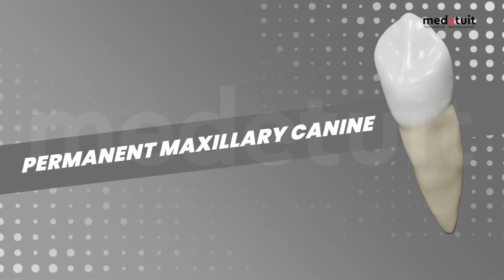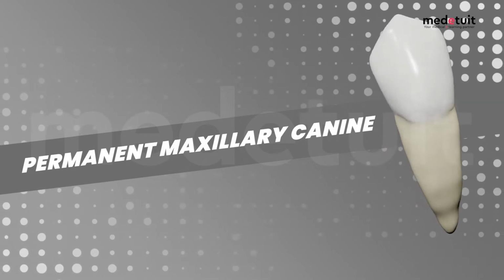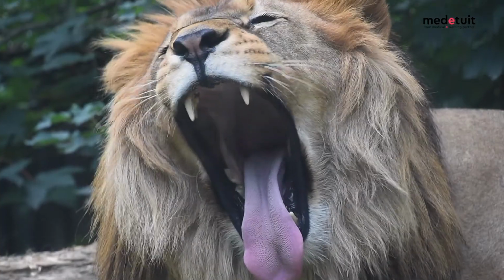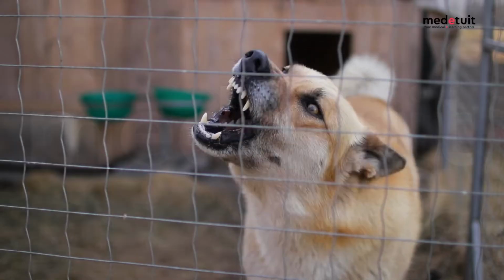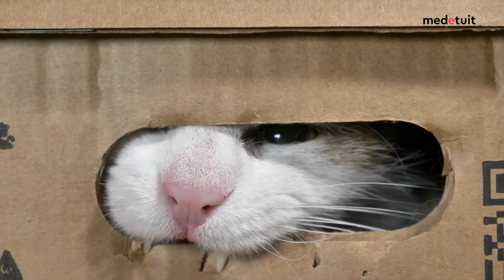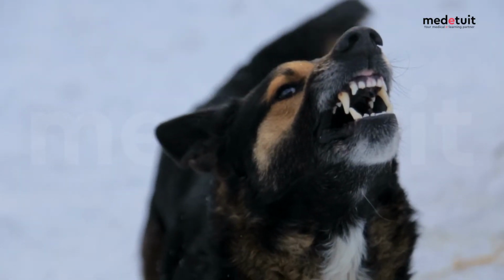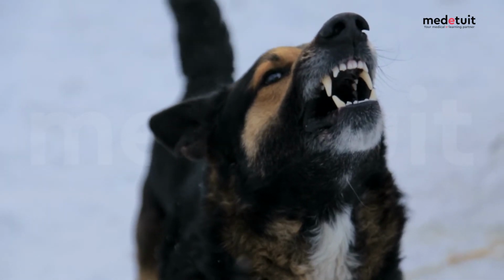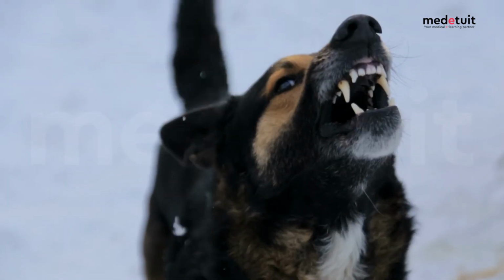The topic for today's session is permanent maxillary canine. Take a look at these videos. Did you notice any similarities? Here, we can see that the long exposed canines give these animals a terrifying appearance. Another example of visualizing sharp canines would be the case of vampires shown in films and cartoons. Canines have been used as a symbol of rage and terror since time immemorial. This might be because of the fact that teeth are the hardest structure in animals and canines are the strongest